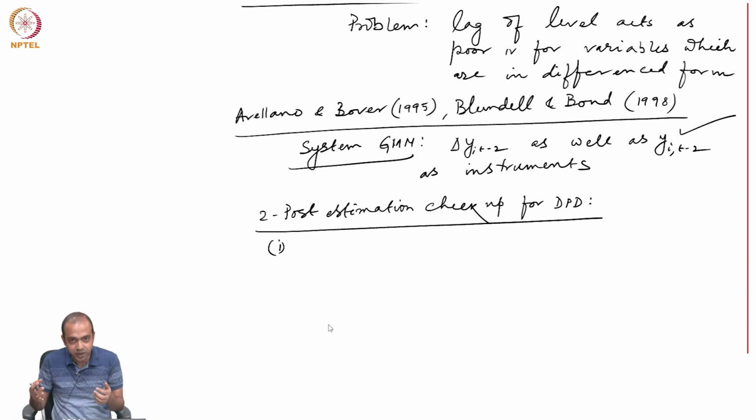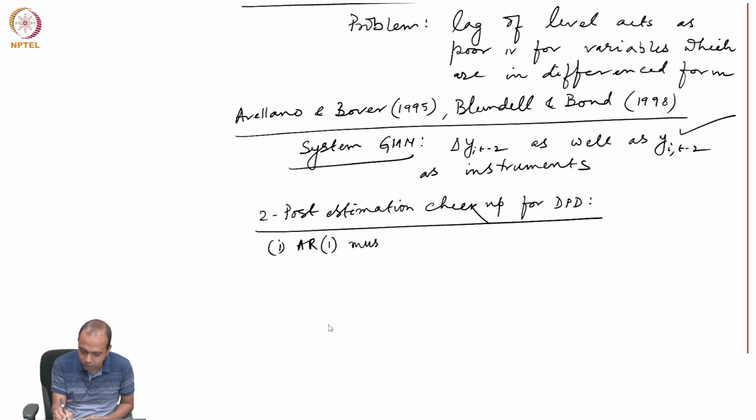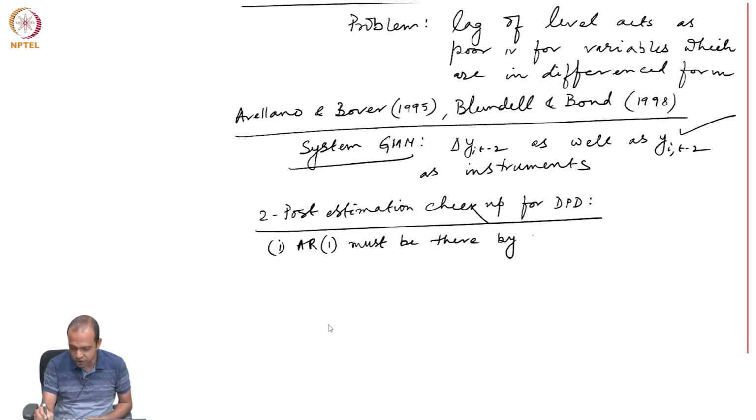If we do not get it, that means the presence of YIT minus 1 is unnecessary. So, we are undermining the dynamism in the system. So, AR1 must be there by construction of the model,